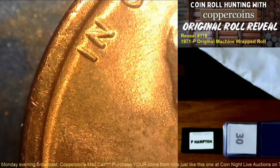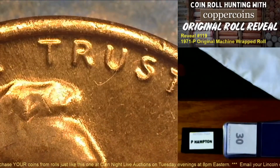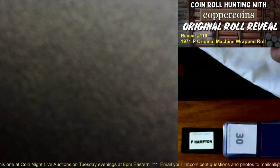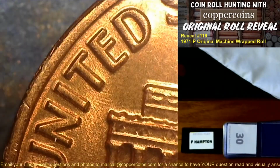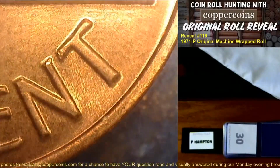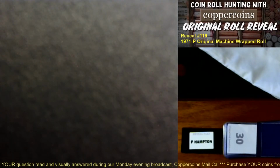The most sought after memorial rolls. I'm going to figure all the ones with cherry picker varieties. That's generally true. However, 1986D is difficult. It's a very difficult year to get. So is 1997D. But other than that, generally you're going to be looking for 1969S, 1970S, 1972, 1983, 1984,